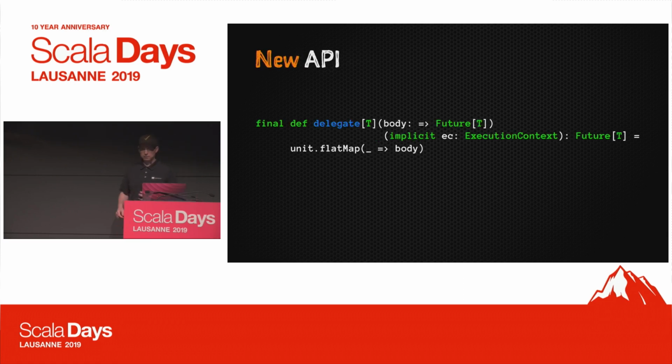So in 2.13, this has been added to make this case really apparent. Because sometimes when you have an expression that evaluates to a future, you don't know if that expression is going to throw exceptions. So if you want to defer or essentially delegate the execution of that expression to an execution context and get the response as a future of T instead of a throwing expression, then delegate will do that for you. And it's interesting to note because this is sort of like map and flatMap being used, and it's super useful. I've seen a lot of cases where there are expressions returning futures that are evaluated in place rather than being transferred somewhere else. So it's useful to have. However,